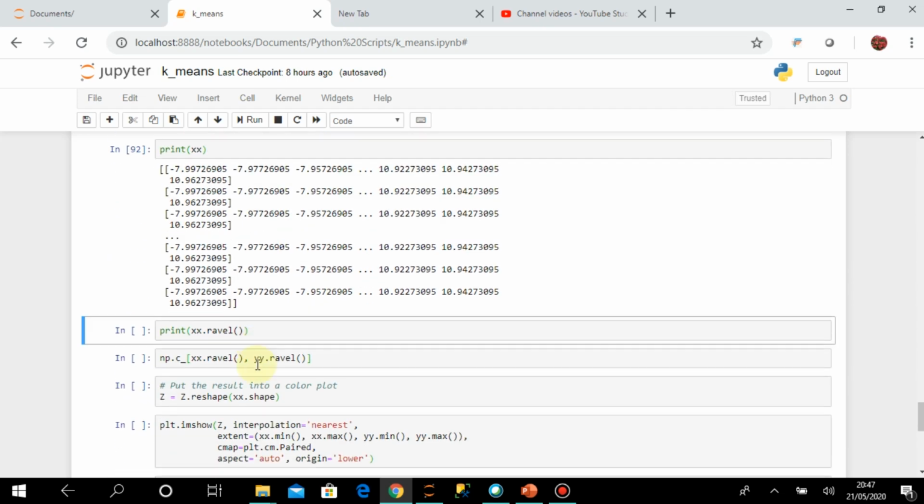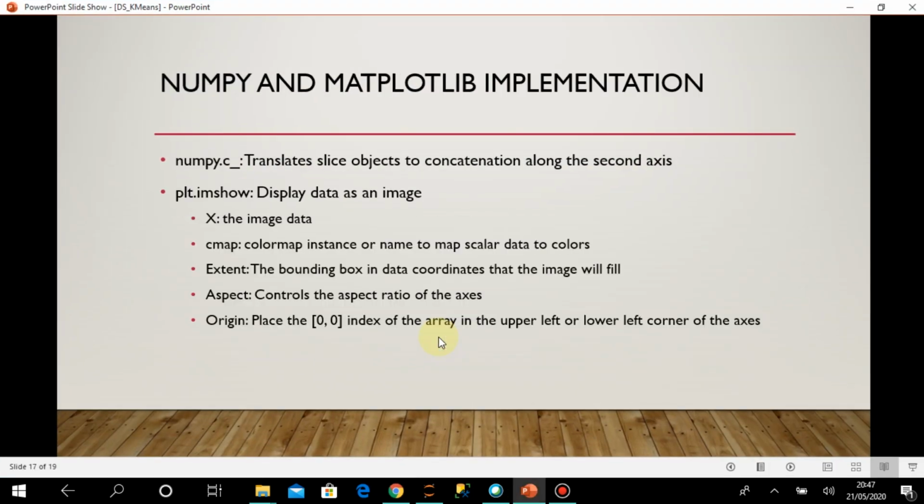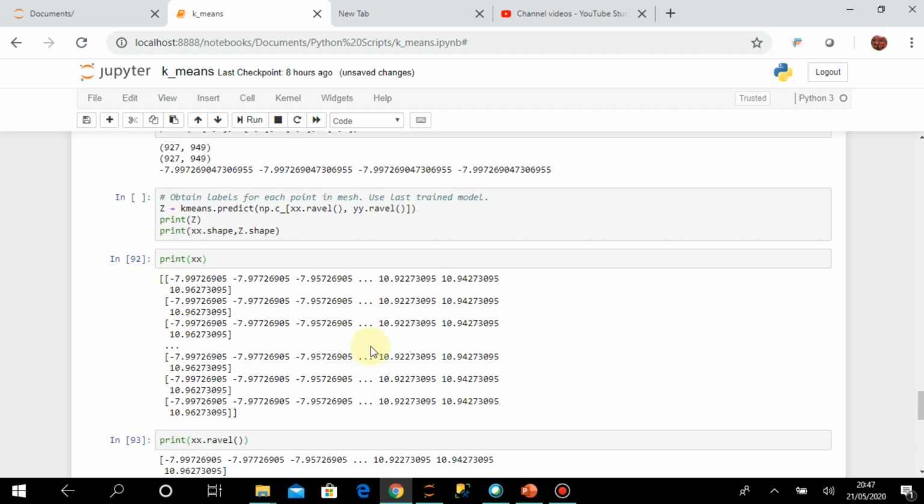Now if you check xx.ravel, you can see that this was a two-dimensional array, and it has reduced the dimension and made it very simple, flattened. So xx.ravel just flattens the entire array. Whatever the dimension may be, it flattens it into a list of values. That is how xx.ravel works.